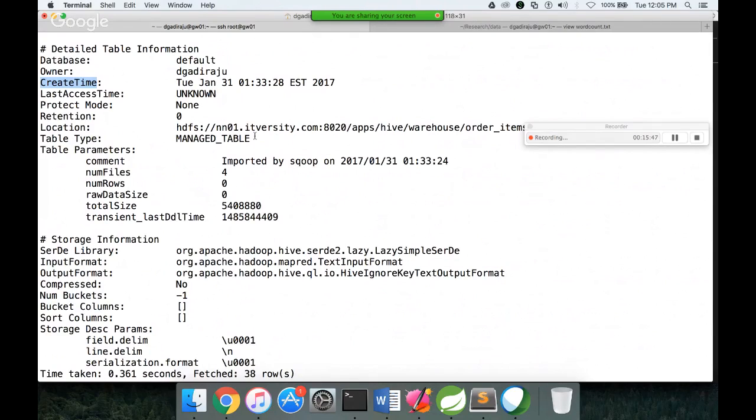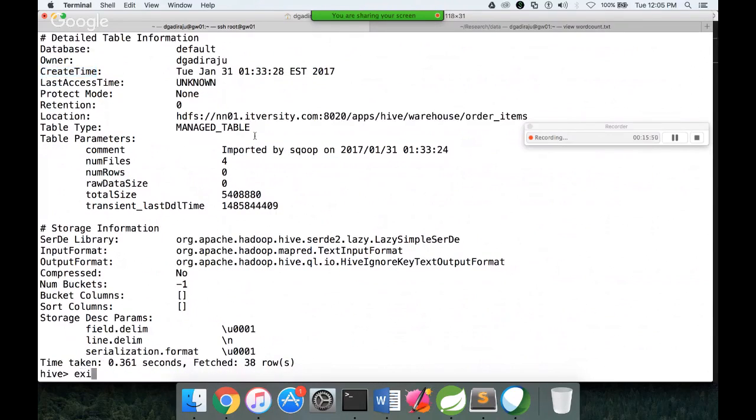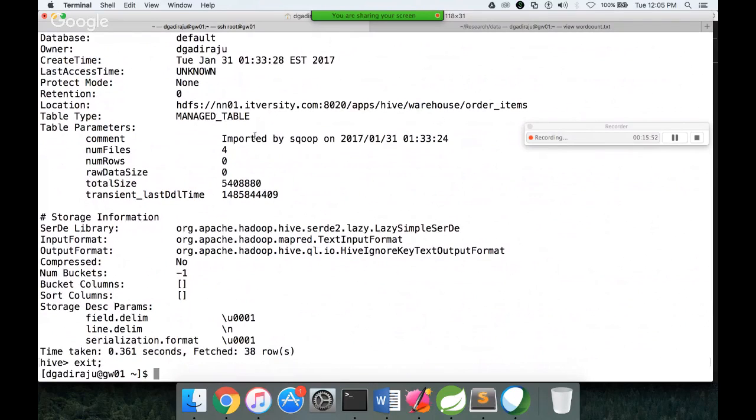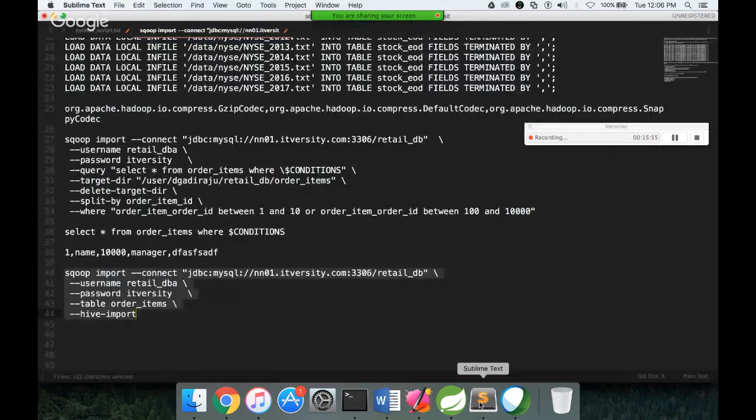So as part of the Sqoop import, when we just say this Hive import, it will try to copy the data by creating the Hive table in the default database with the same name as the table name. That is the default behavior. And Hive import is the only control argument which will tell it that it has to create a Hive table and load data into the Hive table. Now, if I rerun again,